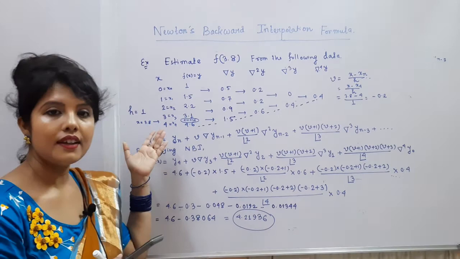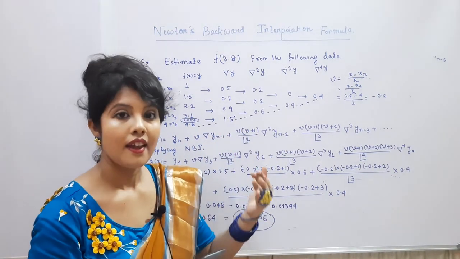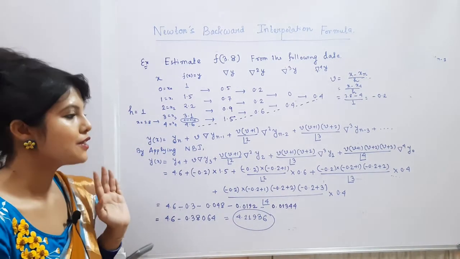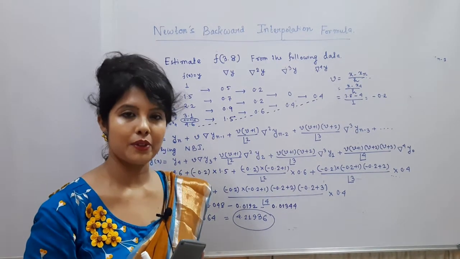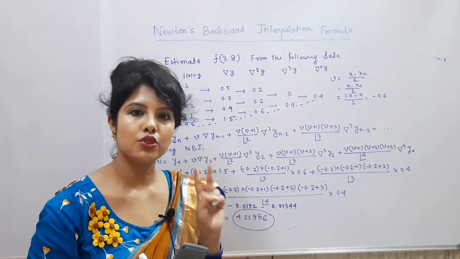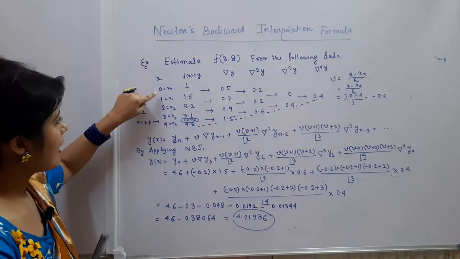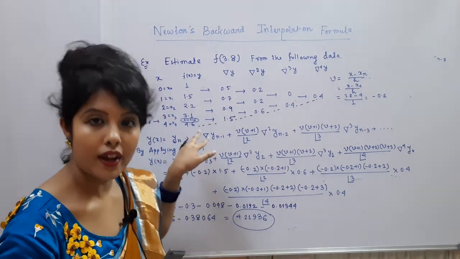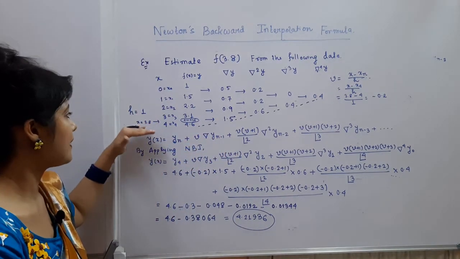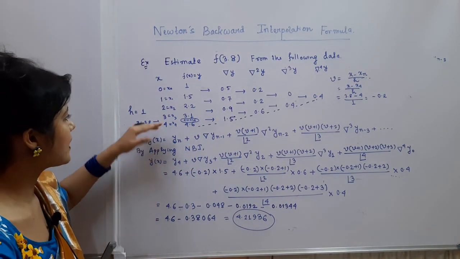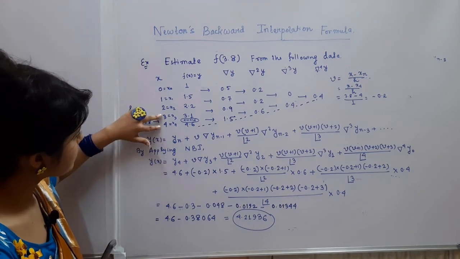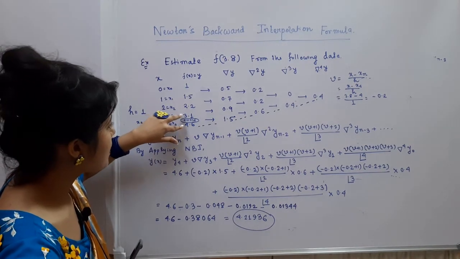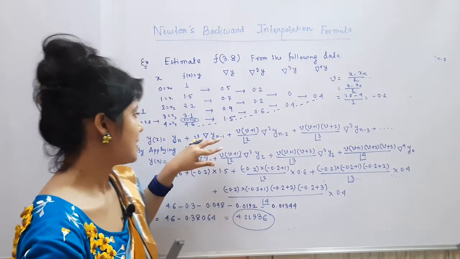So using Newton's backward formula, you can beautifully estimate y for any intermediate value of x which is at the end of the list, and the x's should be equidistant. So before applying Newton's backward interpolation formula, you have to keep two things in your mind: the x's should be equidistant and the value of x for which y is to be estimated should be at the end of the list. That is, 3.8 is at the end of the list, it is in between 3 to 4. Therefore the estimated value of y should be in between 3.1 to 4.6.